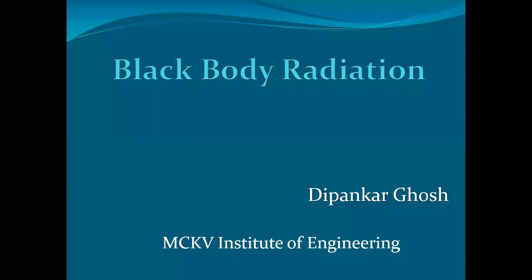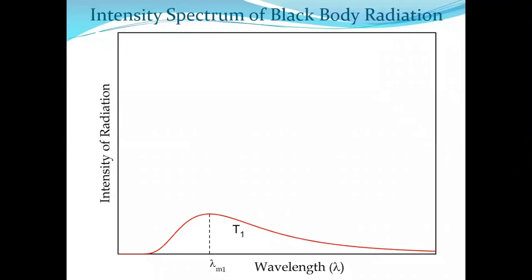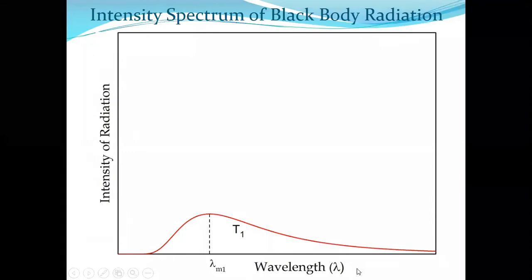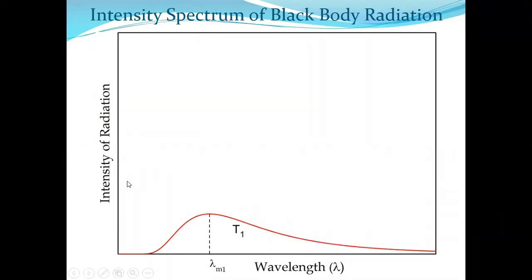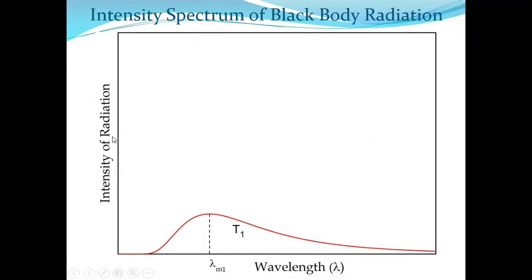And from that concept of emissive power of a body, we have seen the practical black body curve, which looks like this. So again, what is plotted here? Here we are plotting intensity of radiation as a function of wavelength. And what was intensity of radiation or emissive power of a body? We can plot intensity of radiation along the y-axis, or we can plot emissive power of the body along the y-axis. The nature will be the same.